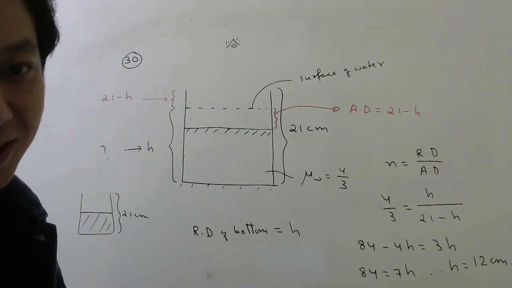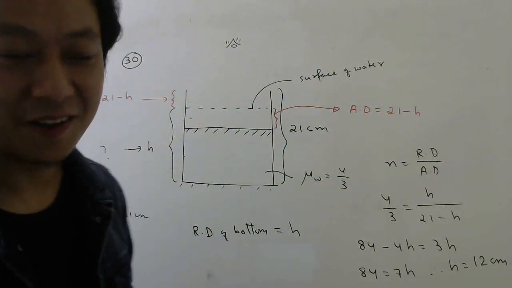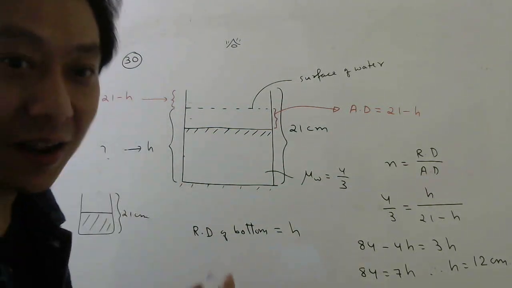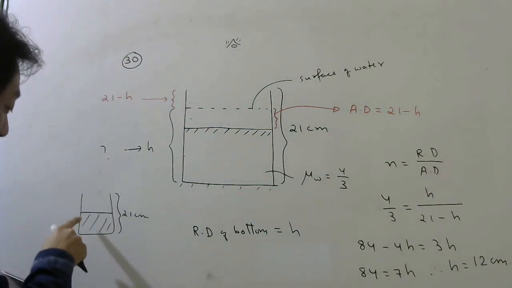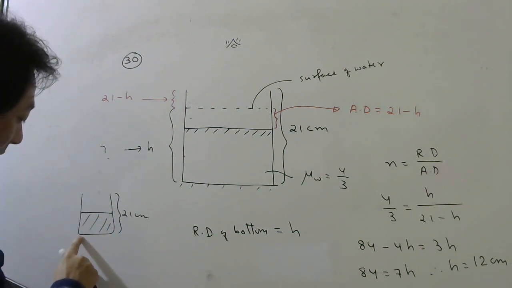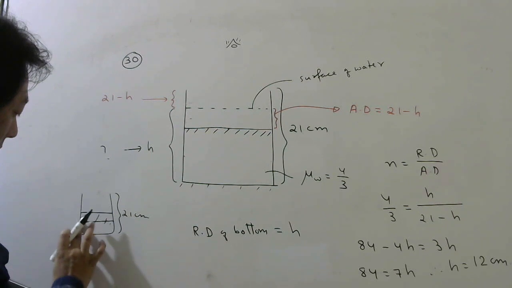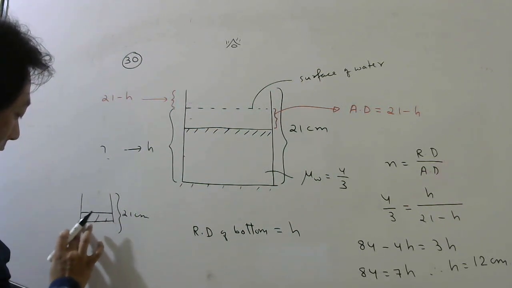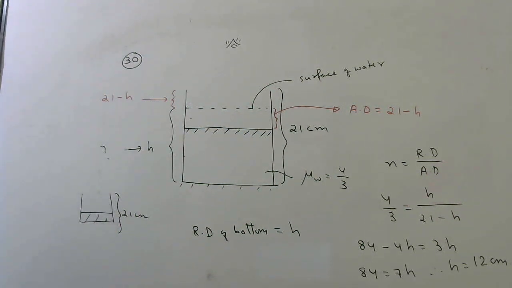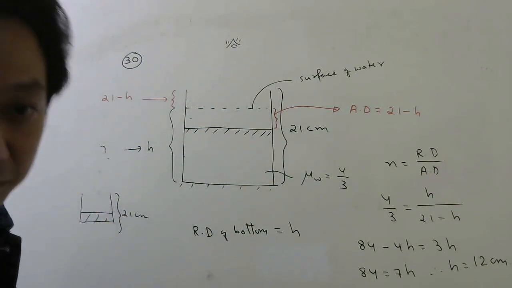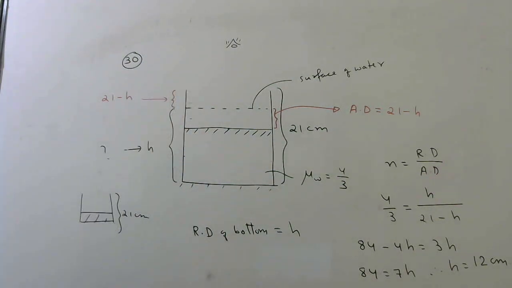So nobody will ask such a simple question in class 12 optics. They are asking you, when you see from here, it should appear half filled. That means if you put up to here, what will happen? The image of this bottom will be here. So for you, the container will look like this, because the bottom will be here. So now when you see from here, you will not say it is half filled, right? So this is the way to do it.